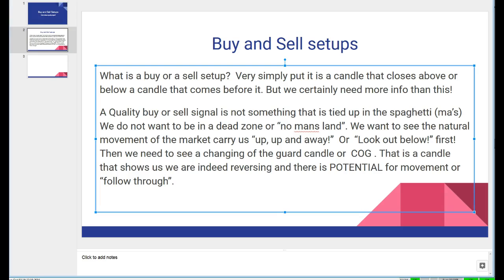Then you want to see a changing of the guard candle, which we call a COG. COG is a cog. It just means changing of the guard. And that is a candle that shows us we are indeed reversing and that there is potential for a movement or follow-through. If we have potential, it makes things better. Now, a buy or sell candle,